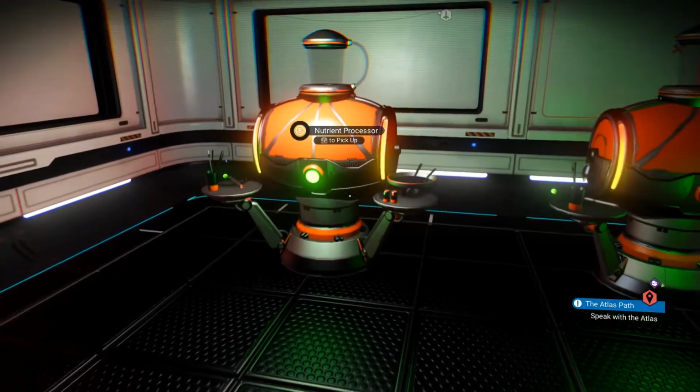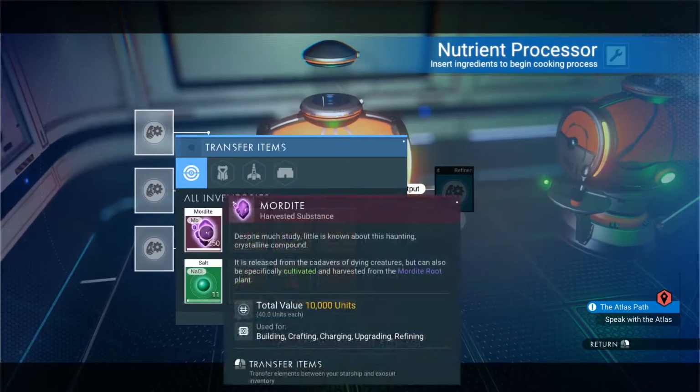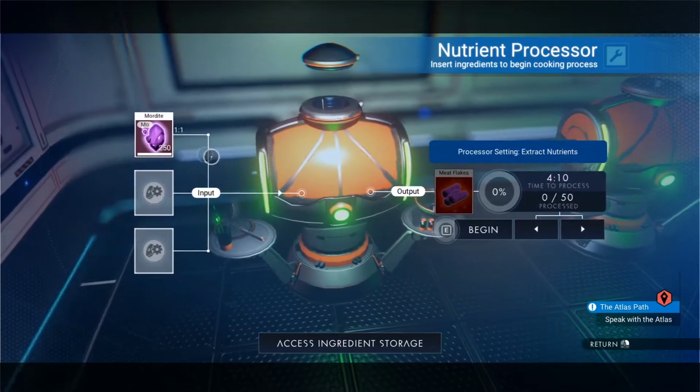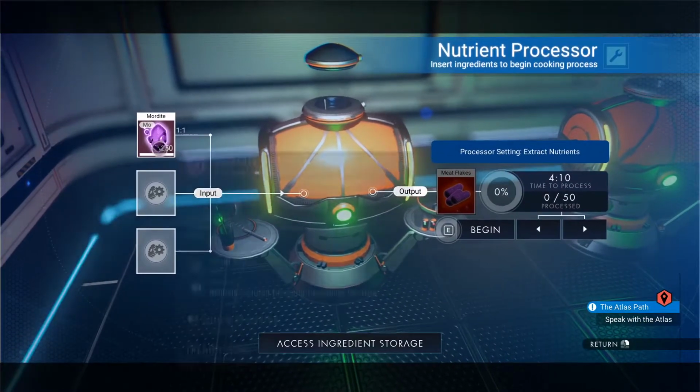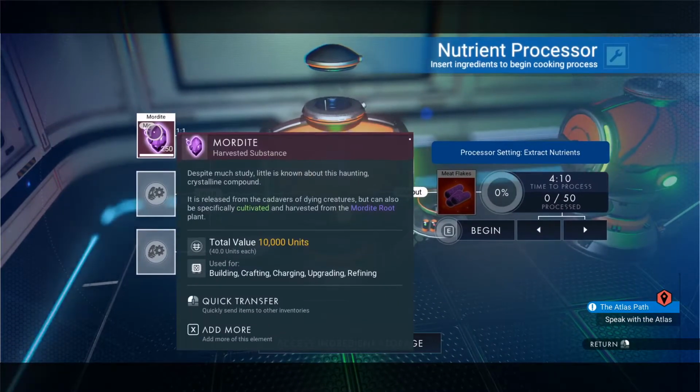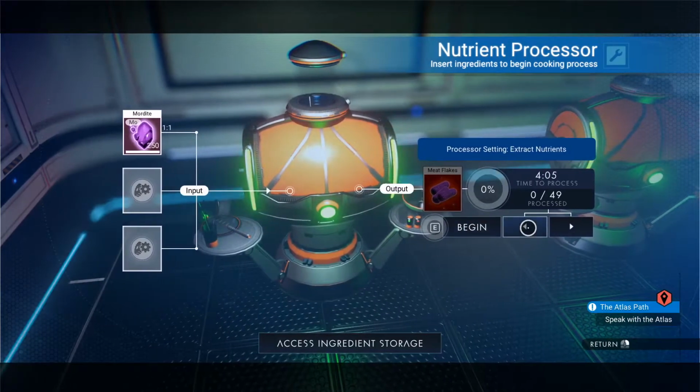But before we go anywhere, what I want to do is take a look at the recipe for making meaty chunks. Now, I think Zane produced a pretty comprehensive video on how to do this, and I think what you've got to do is you convert Mordite into meaty flakes. I'm not going to make